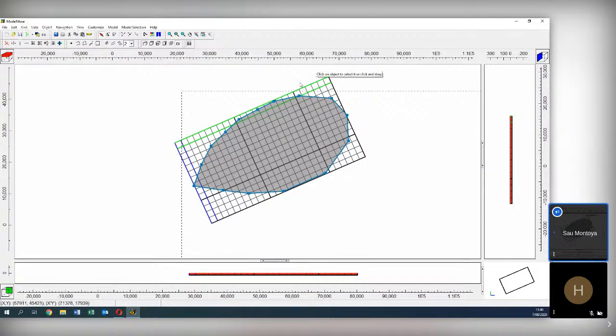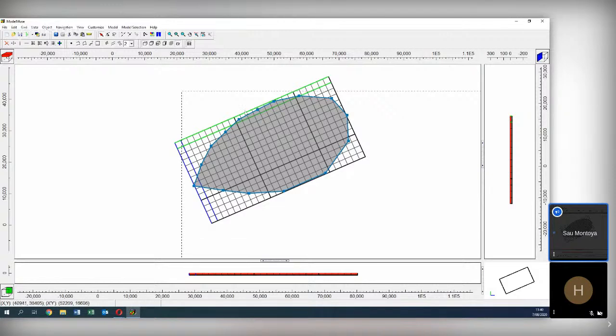Something great about ModelMuse is that we can define the grid cell size anytime. So what does it mean? Let's say maybe 2000 was too few, and I want a better refinement on my grid.